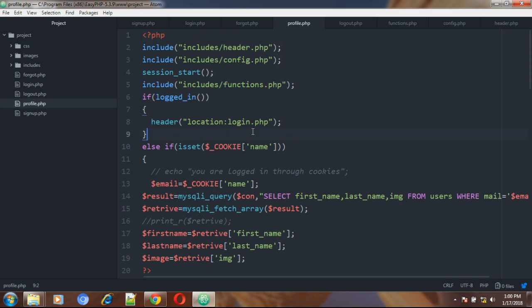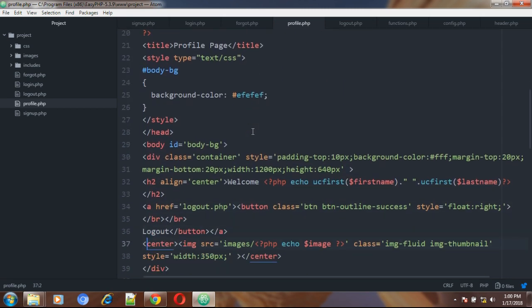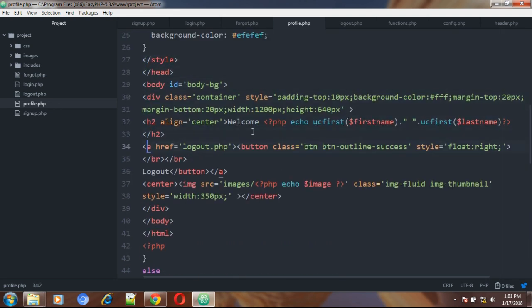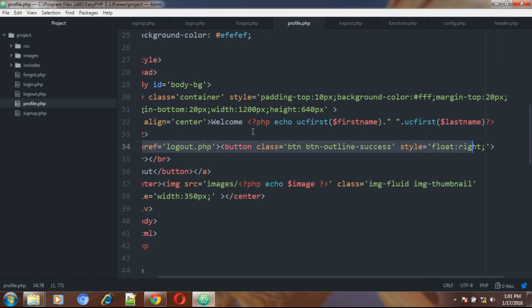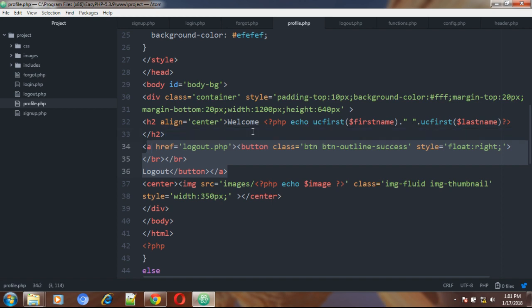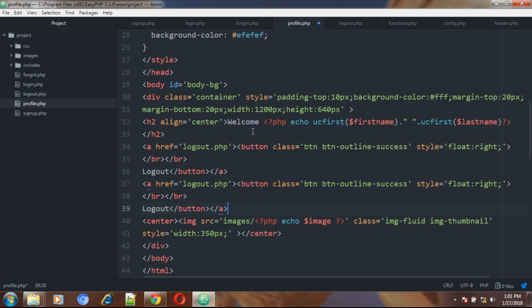Go to the profile page. So this is our profile page, and over here this is the button of logout. Where is it? Okay, I got it. So this is our logout button, which redirects the user to the logout. Okay, I'll explain. We have just copied the logout button code, and we have pasted it, and now we